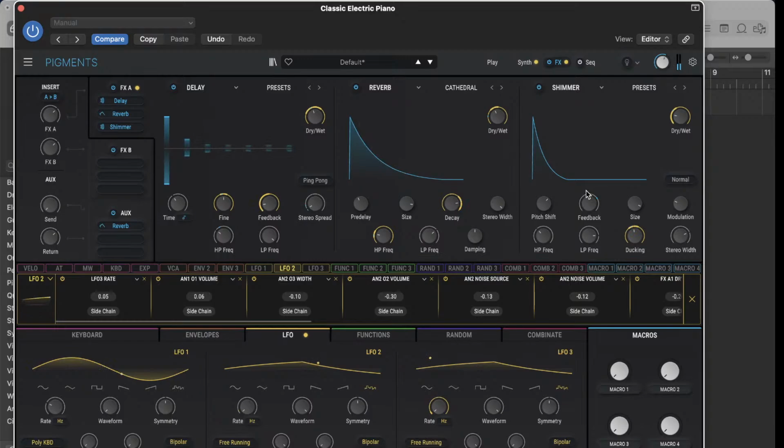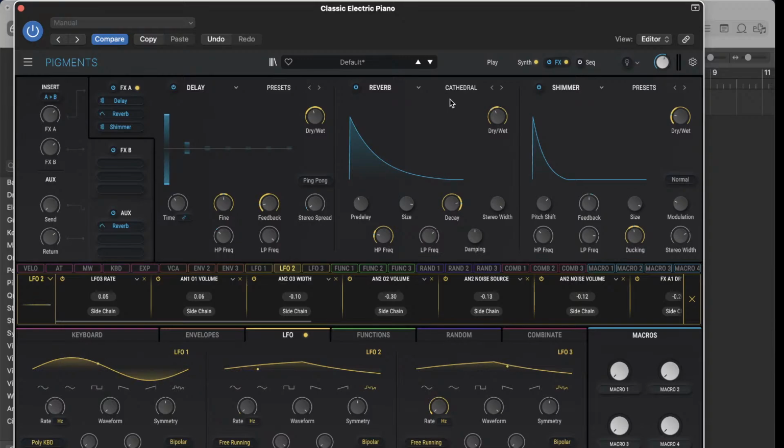You can really hear it when you lift up the key. You hear that shimmer just sort of shimmering off in the background. Real nice, subtle sound. So this is probably a good place to stop